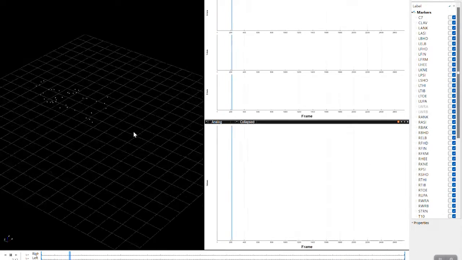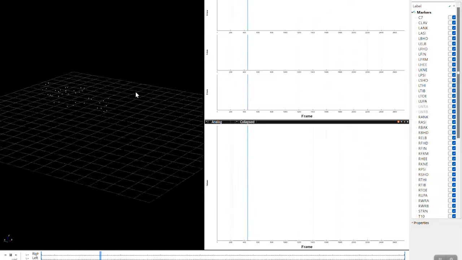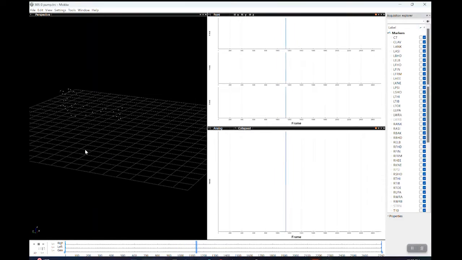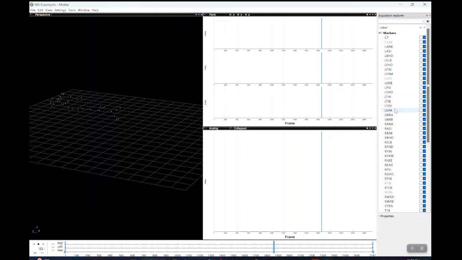We can see our person. His orientation is such that standing up is in the Y direction, and we can see him picking up and throwing the ball, right? So we need to come over to our label, and I want you to look at two things. LFIN, if we click on this little button here, is going to show us the track, and if we click on one of these buttons, it's going to show us,